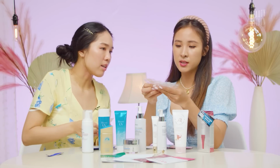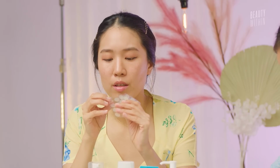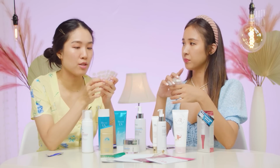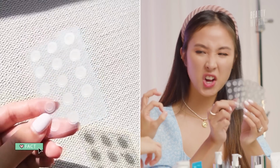So this comes with 5 sheets. That's for the day. It seems like the PM is a bit thinner. I think the PM one is just assuming you're going to do your evening skincare, your skin is cleansed, and it's just protecting it so that you don't rub against it. This is just a classic hydrocolloid patch, as opposed to the AM, which has a concentrated